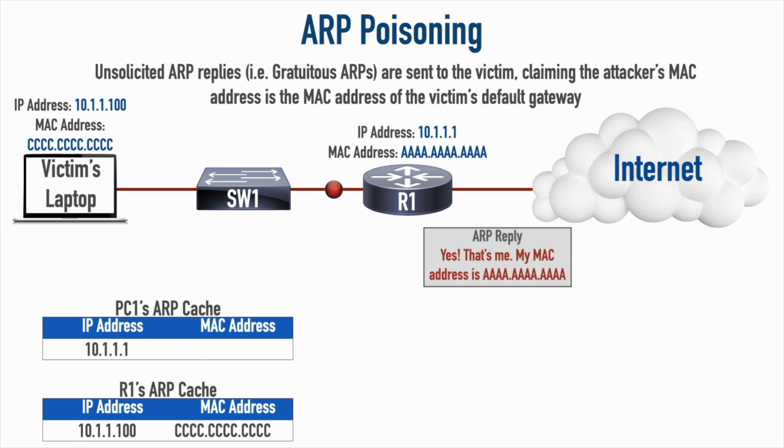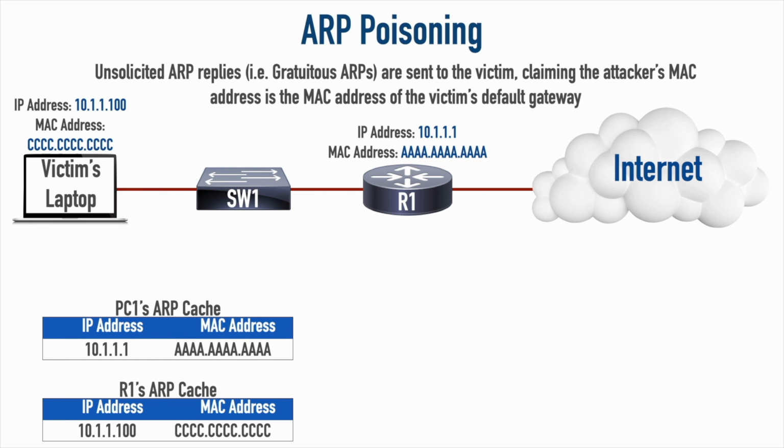When it goes to R1, R1 suddenly learns that the all C's MAC address is associated with 10.1.1.100. It learned that in the frame it just received in that ARP broadcast. And it's going to respond to the laptop saying, hey, that's me. I've got a MAC address of all A's, we'll pretend. And the victim's laptop will update its ARP cache saying, the MAC address associated with 10.1.1.1 is the all A's